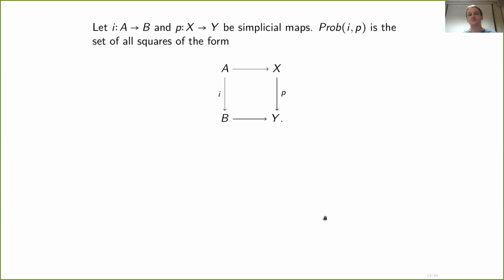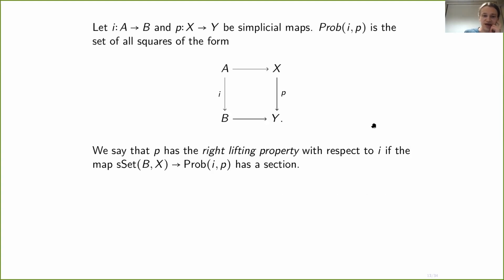So if I have 2 maps, I'm going to denote by prob IP the set of all squares like this. So the set of all lifting problems between I and P. And I'm going to say that P has a right lifting property with respect to I if the map that goes from the set of all simplicial maps from B to X to the set of problems has a section. So you see, if I have a map from B to X, this gives me a particular solution to a problem. And a section is just something that picks out